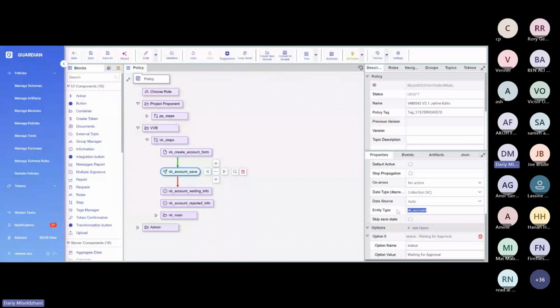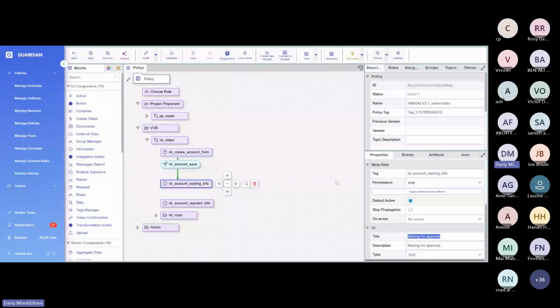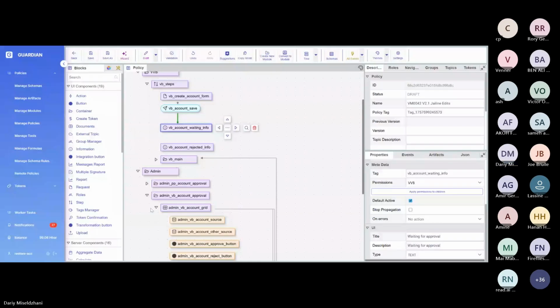After that, the VVB will see the waiting for approval message, and will wait until the admin approves it. Same as for project proponent. So after approval,